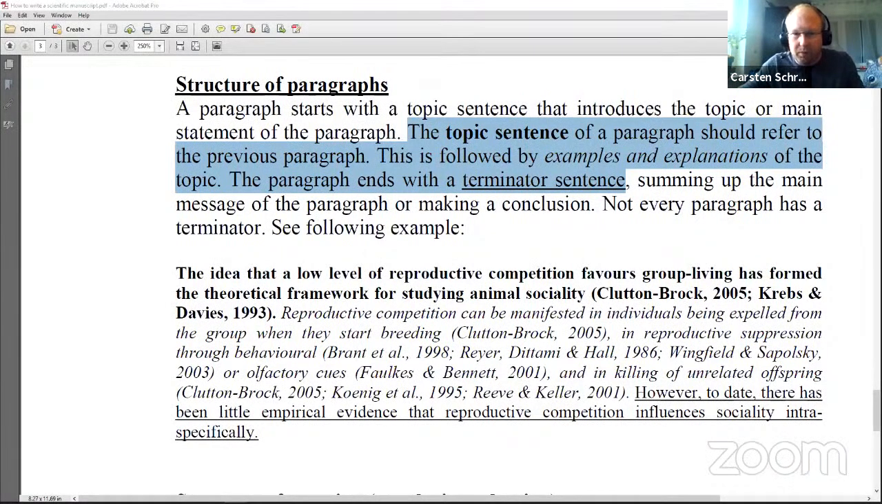I didn't read it now for more than a year, so I'm a bit nervous. Maybe it doesn't make sense. So